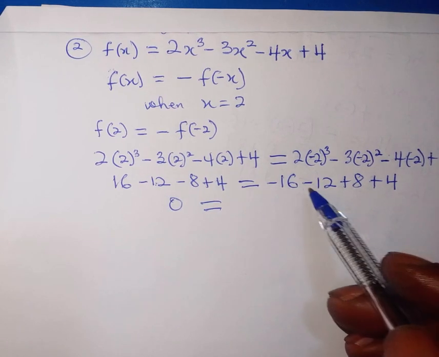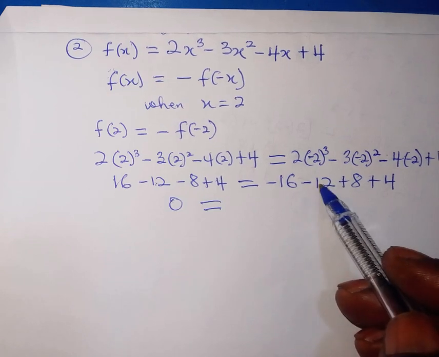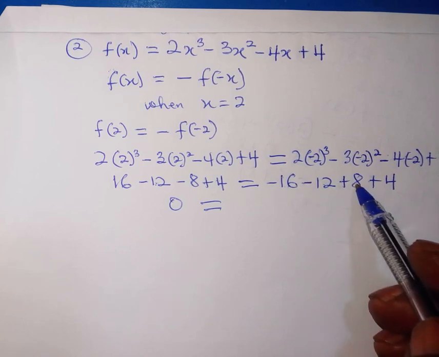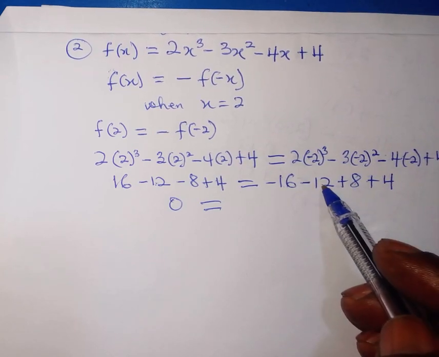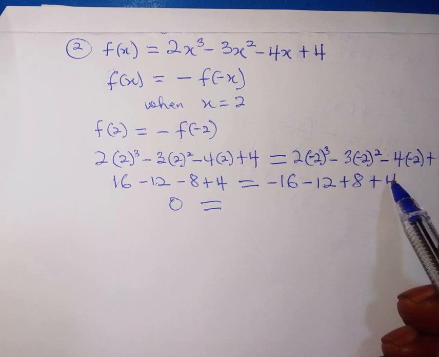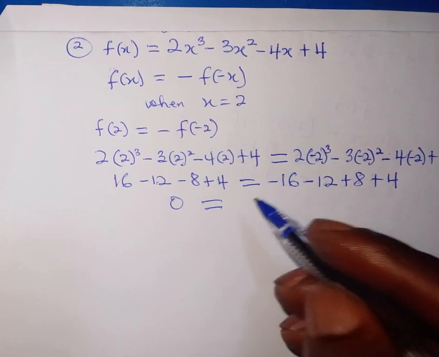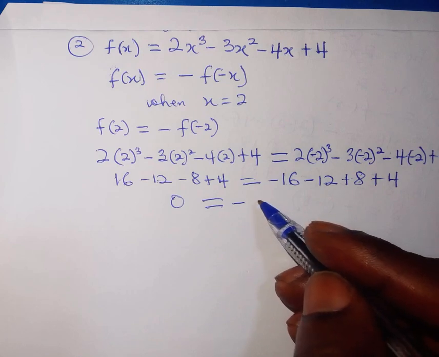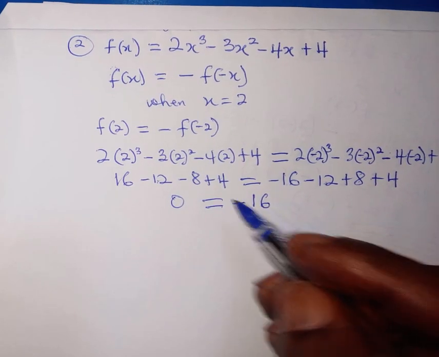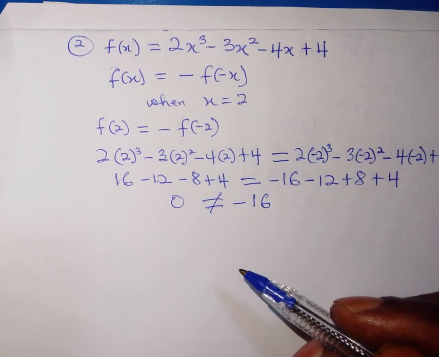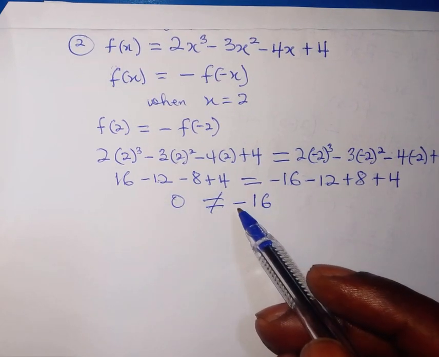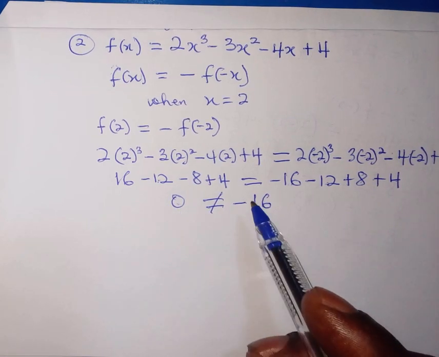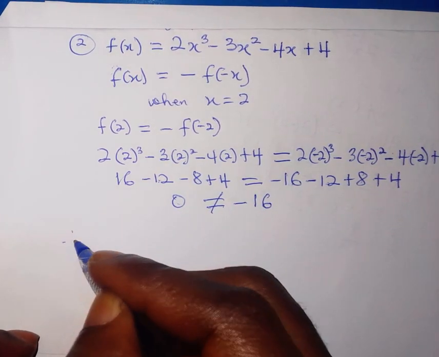Now this plus this gives me what? Negative 28. Negative 28 plus 8 gives me negative 20, plus 4 gives me what? Negative 16. So you see that this is not equal. Okay, when we tested with the number, that is not equal. Once you realize that what is here is not the same as what is here, then you can conclude that